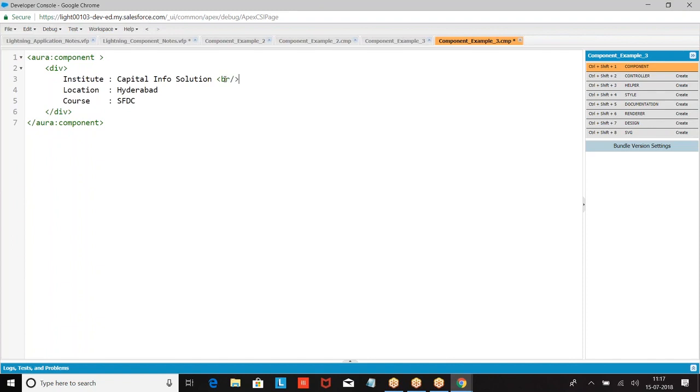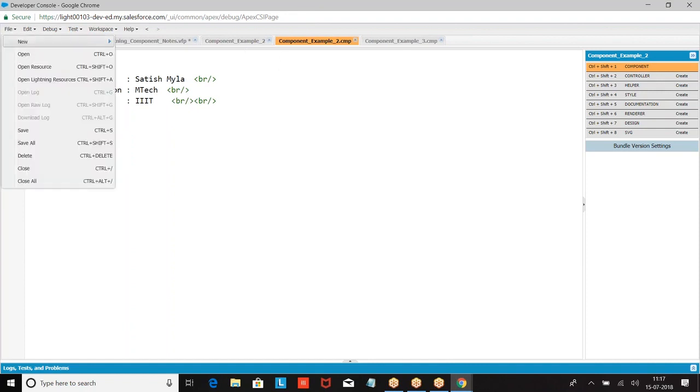Now I have created multiple components. Component 1, component 2. Now what is an application? Application is a collection of components. We go back to this, create an application.